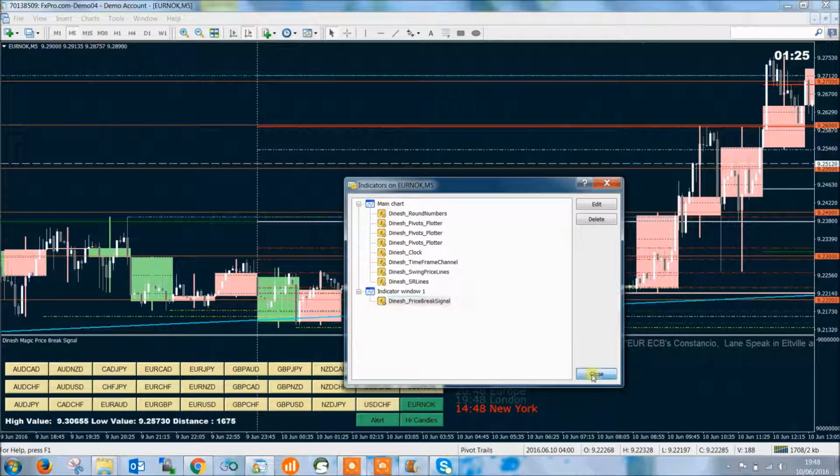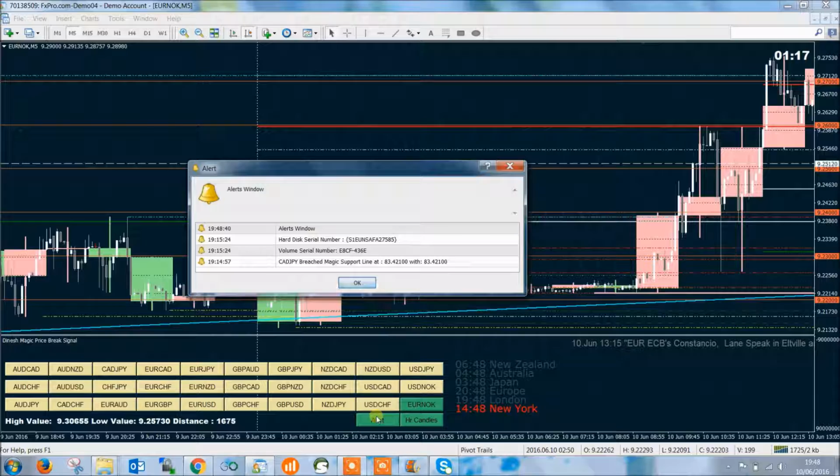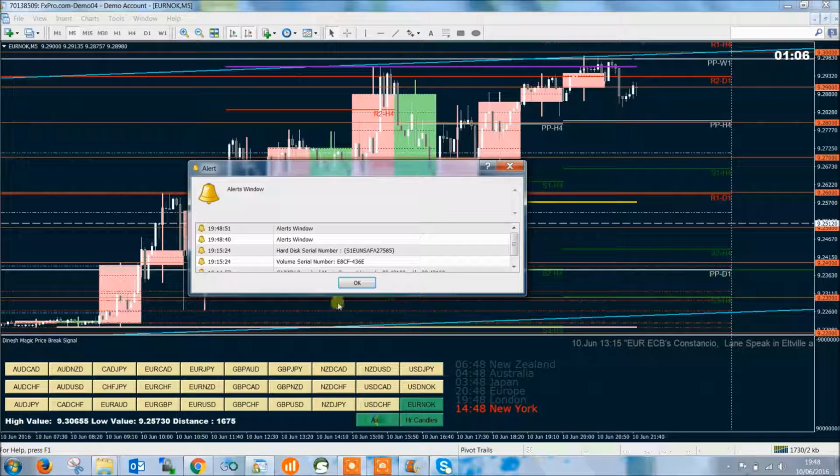So let's see the panel itself. What is the panel, how much information is in the panel, and what is provided here. So this is Alert. It will show you the alert window. If, for example, you accidentally close the window and you want to get it back, there is no way in MT4 to get the alert back. So we provided a button here. Click on that and you see the alert window.